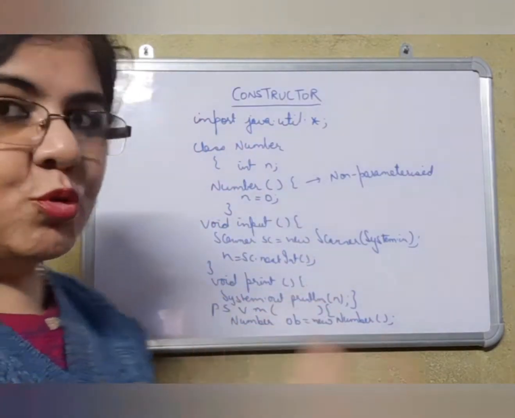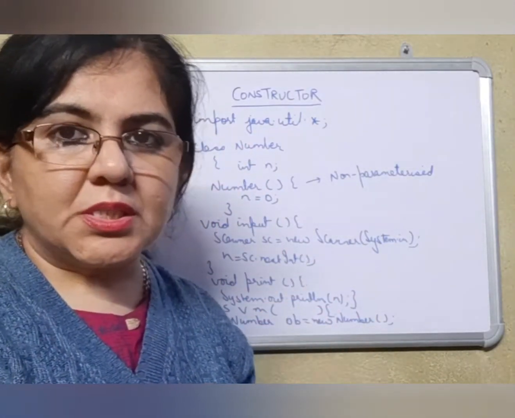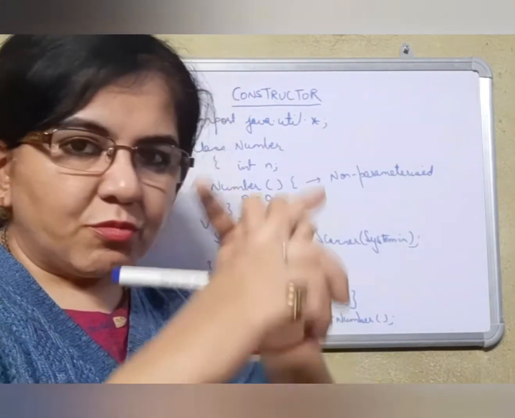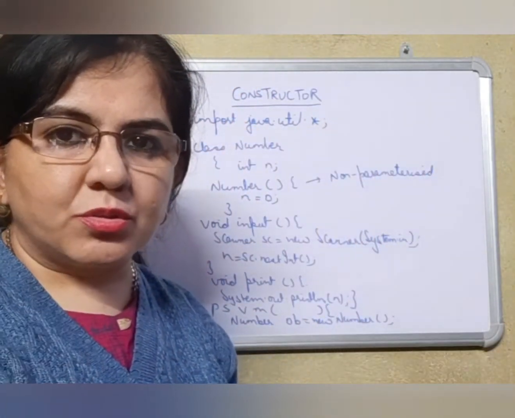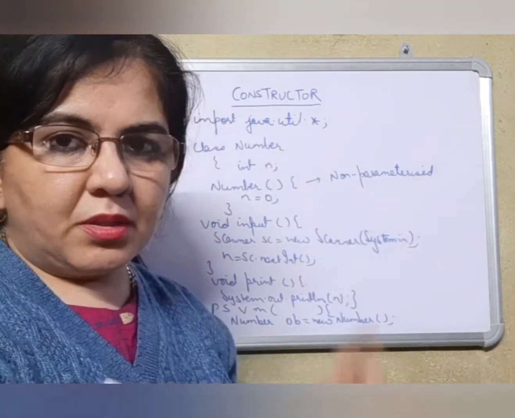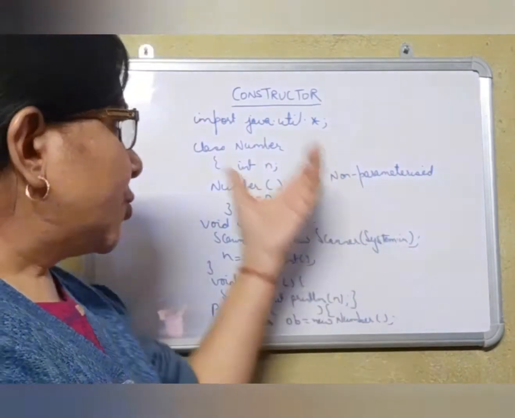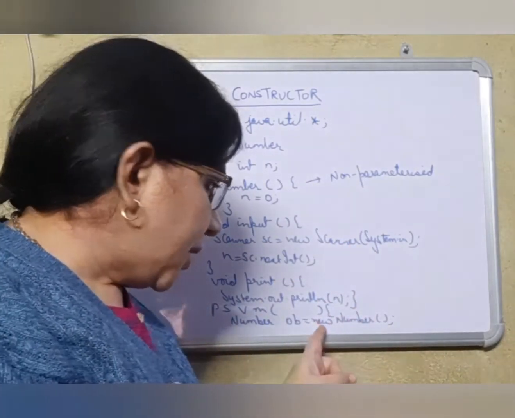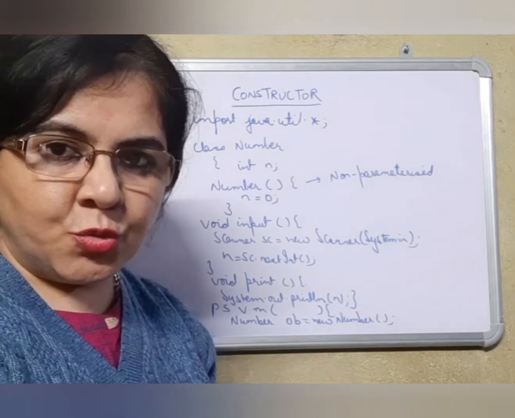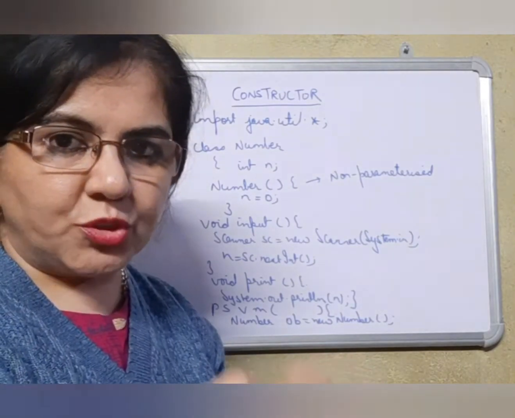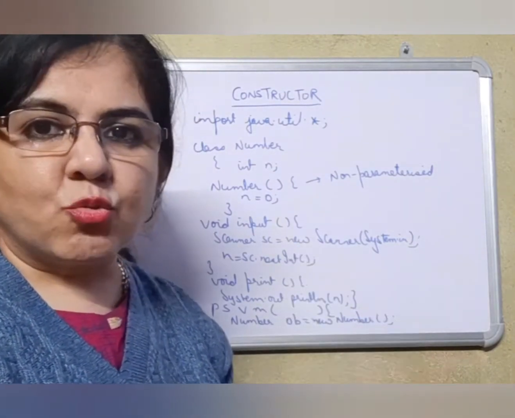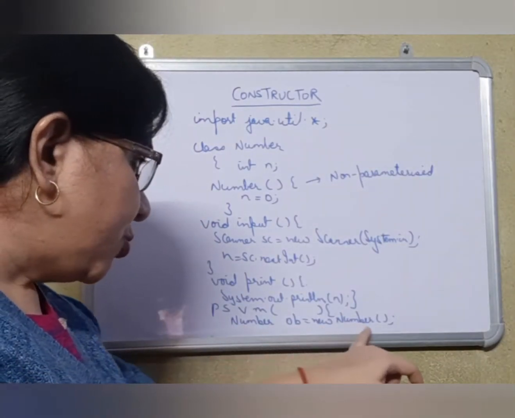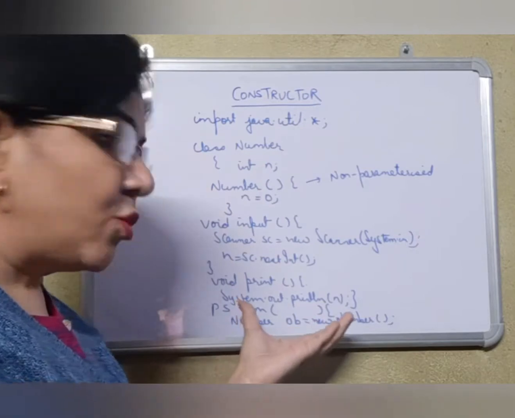Class actually is a blueprint. Blueprint means like you want to construct a building, but you are first of all creating its outline on a paper, that how the building will look. So when you are creating a class, it is just an outline. Unless and until you use the new operator to create an object for it, this class has no real existence in the memory. So number ob is equal to new number will give an existence to your class.